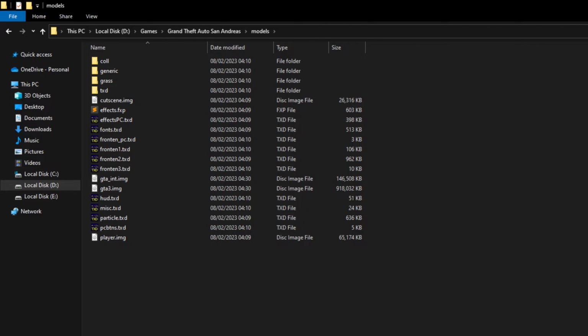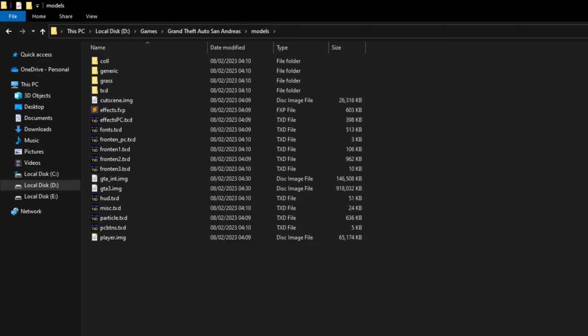Now, what about these .txt files? .txt files are what we call TXT archives, or texture archives. These archives contain images that are also known as textures. The textures are stored in archives for optimization reasons, the same reason why IMG archives exist. Textures are usually compressed when put into TXT archives as well, also for optimization. Textures are the visual makeup of the game. They're used for the HUD, the pause menu, effects, 3D models, and more.